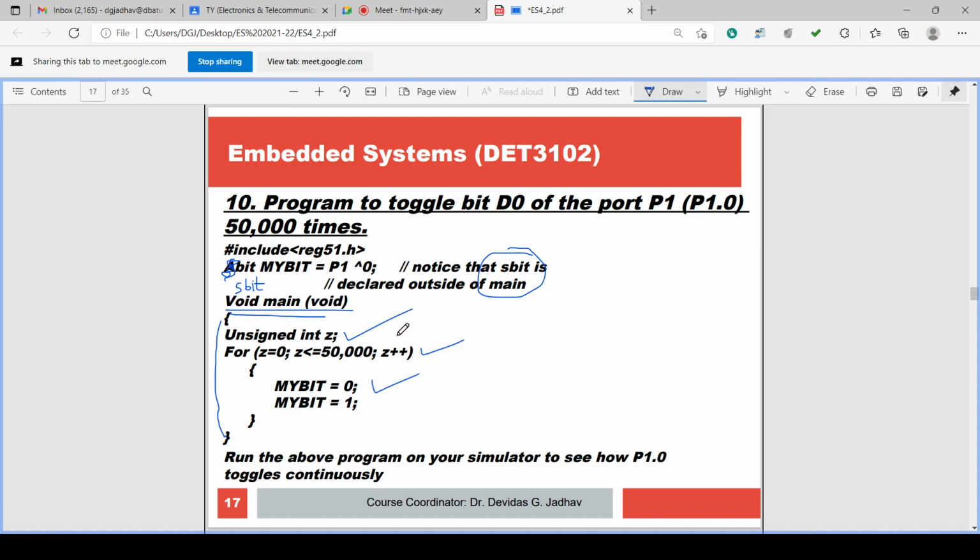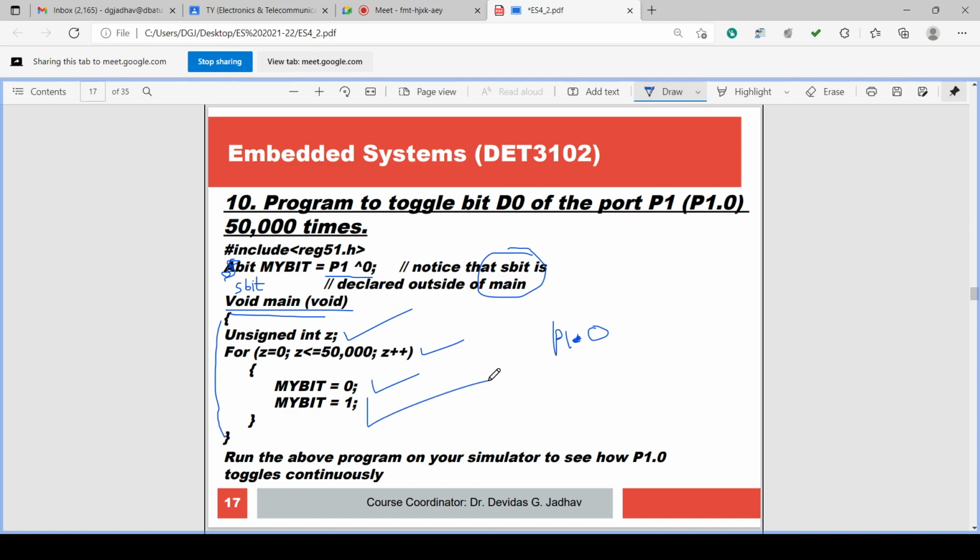So what is my bit? My bit is port P1's 0th bit, so it is P1.0, the 0th pin, the 0th bit of port P1. And the 0th bit of port P1 is assigned 0. Then the 0th bit of port P1 is assigned 1.